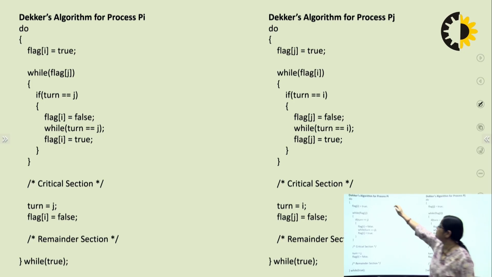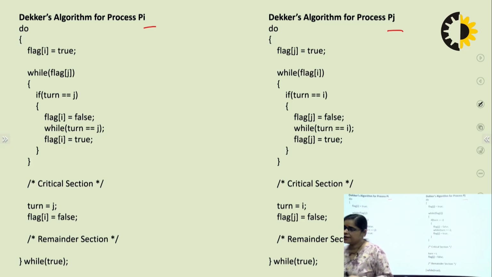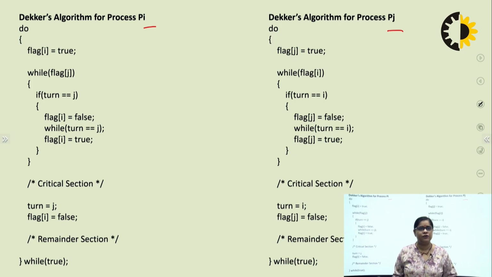Here I have taken two processes, Pi and Pj. First understand how we are doing it, then we will understand the working of it. We are taking two processes, that is Pi and Pj. Now very clearly, if you see, here this flag of i is equal to true. What does it mean? It means that process Pi, the first process, has raised its hand, saying that it wants to